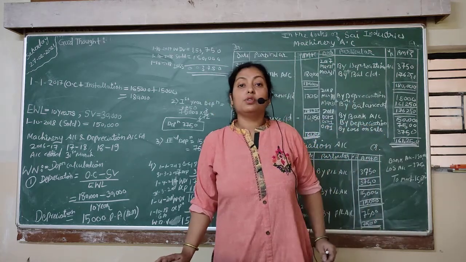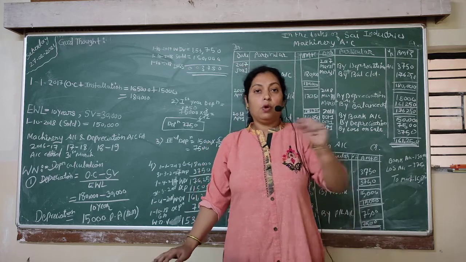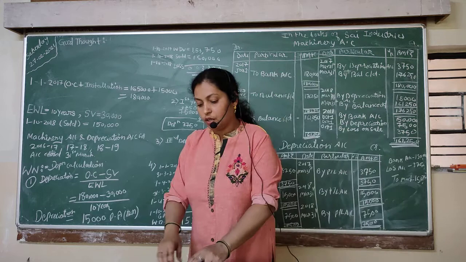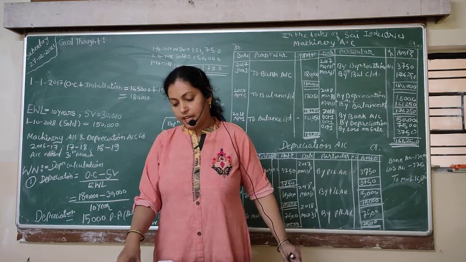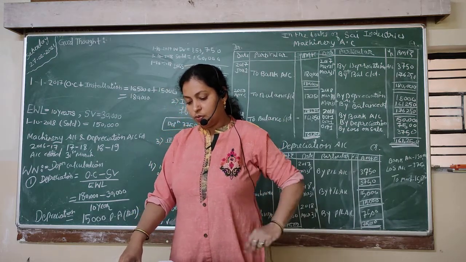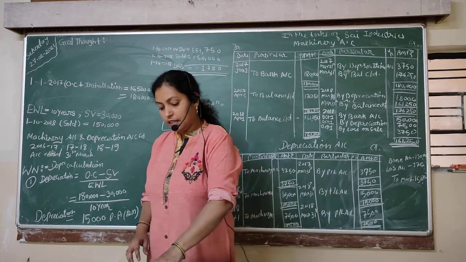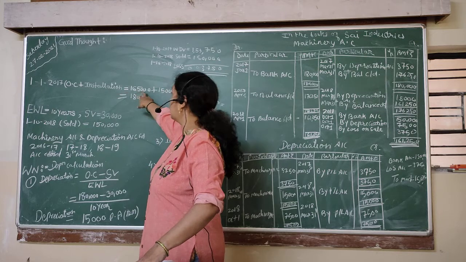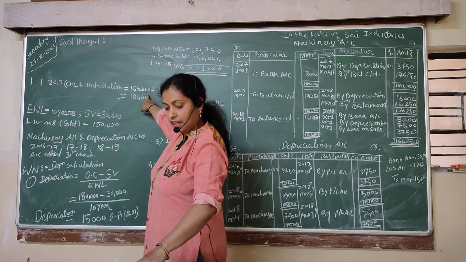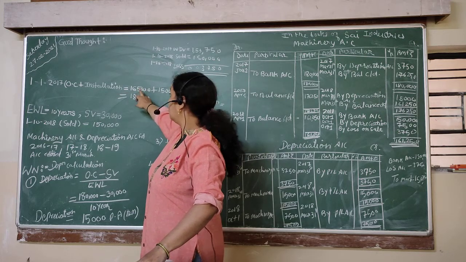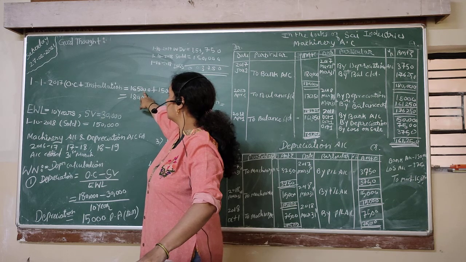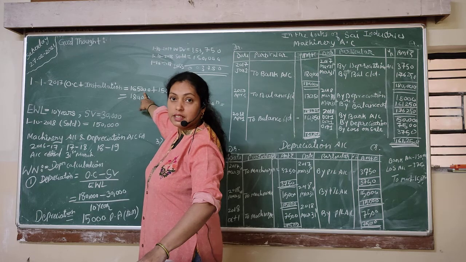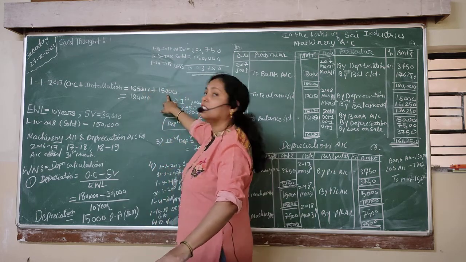We should shorten the whole question in a formula. So first we will read the question. The question says, on 1st Jan 2017, Sai Industry Nagpur purchased a machine costing rupees 1,65,000. It means the business has purchased the machine of rupees 1,65,000, for which the business has spent rupees 15,000